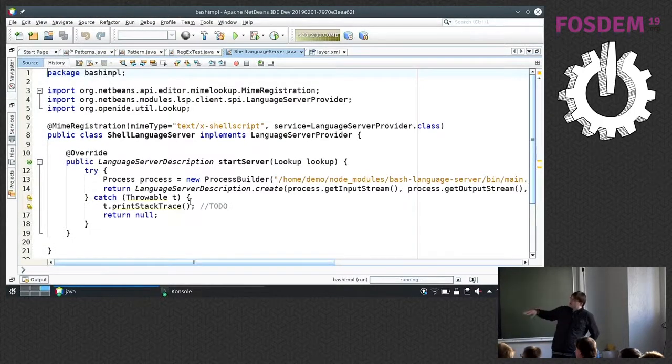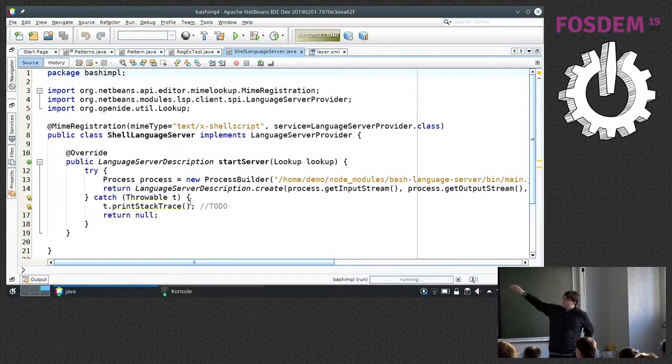Just to demonstrate what it means to add this support to NetBeans: right now, for the language server client, what needs to be done is to have a plugin that starts the server and registers it for some MIME type. You also need a data object for the MIME type, but there is a wizard for that.